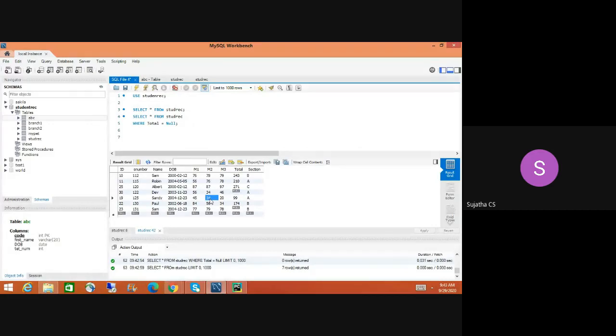Because if we delete this, it won't accept that. Okay, let me create one more record here. Second, 26. Then the number is 145. Name is null, and then 2005, and then 01, 12, then 23, 35, 56, 78. Okay, let me apply here. I will tell you what happens.